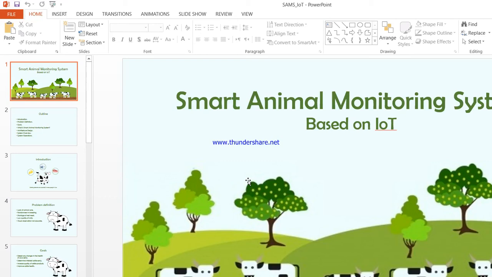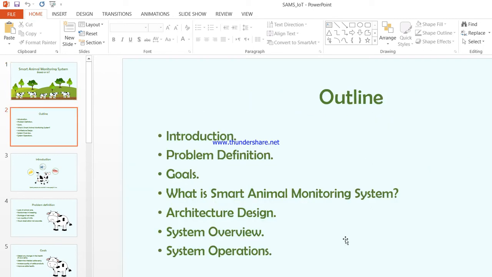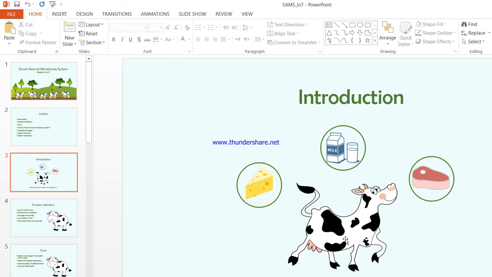Our project is about a smart animal monitoring system based on IoT. The outline consists of introduction, problem definition, goals, what is a smart animal monitoring system, architecture design, system overview, and system operation. Introduction. Recently, there has been a mass loss in animals in our country because of lack of animal care